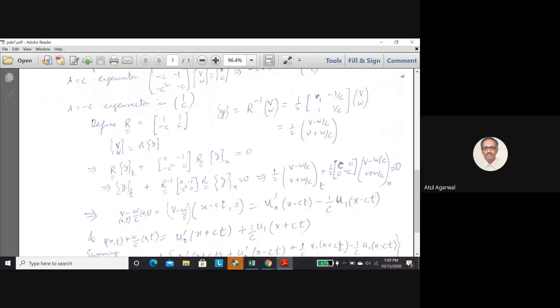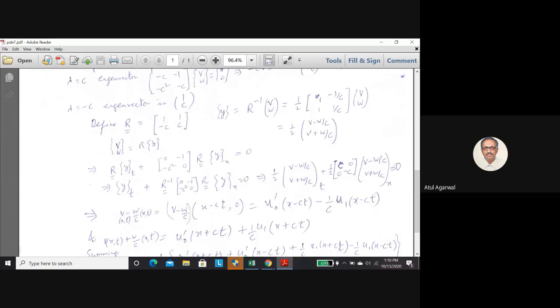So this y is nothing but what you calculated here. You replace it, and this y you have calculated here. You replace. So these equations are now decoupled because this matrix does not have off-diagonal terms; they are zeros. So you get the equations. These solutions you already know. These are like advection equations, linear advection equations.